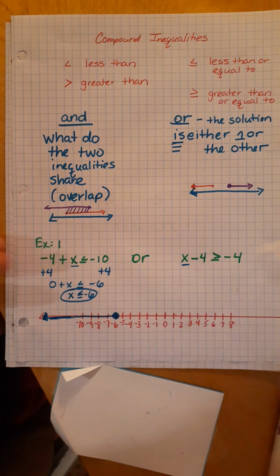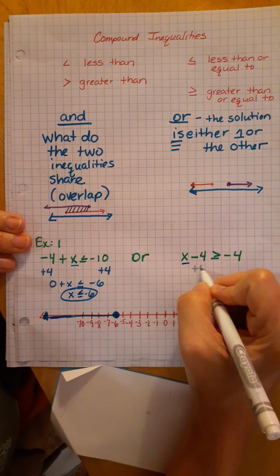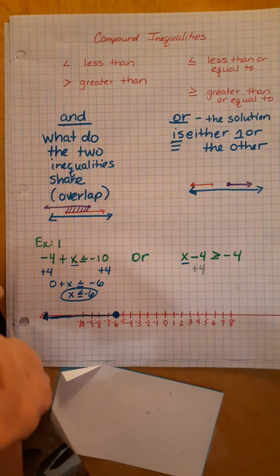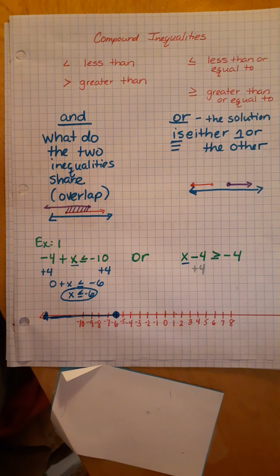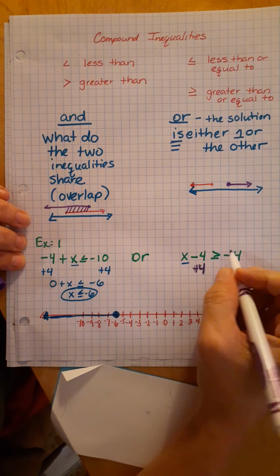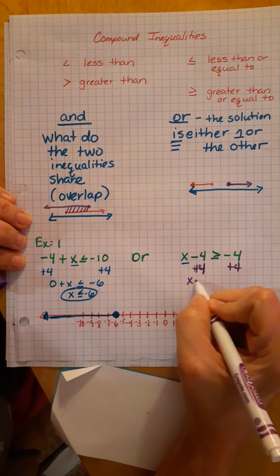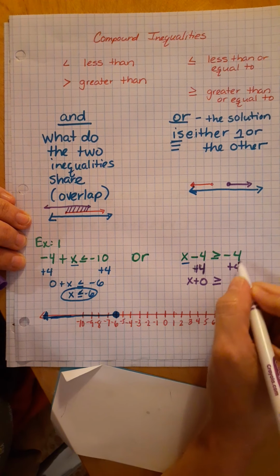Let's do gray. All right, I still want my x alone. And I'm going to add 4. Oh, I don't like that too much. It's a little on the light side. How about if I use purple? Plus 4, plus 4. Okay, negative 4 plus 4 is x plus 0 greater than or equal to negative 4